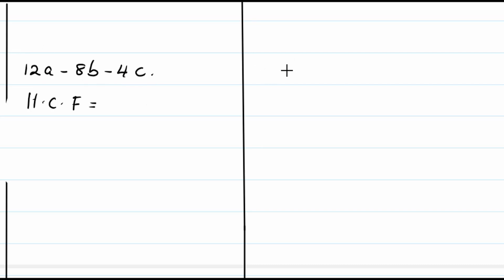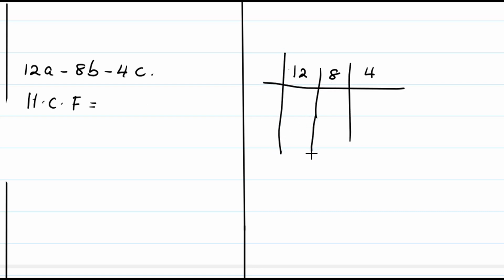So to find the HCF of 12, 8, and 4, we can write 12, 8, and 4 like this. Then of course I start with 2. Can 2 divide 12? Yes, it can divide 8 and it can divide 4. So I put 2. Then 12 divided by 2 is 6. Then again 8 divided by 2 is 4. Then 4 divided by 2 is 2. And then I go again and ask myself, can 2 again divide these numbers? Yes, it can divide 6, it can divide 4, it can divide 2. So if I put 2, then